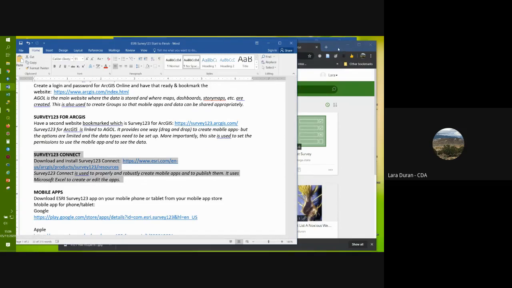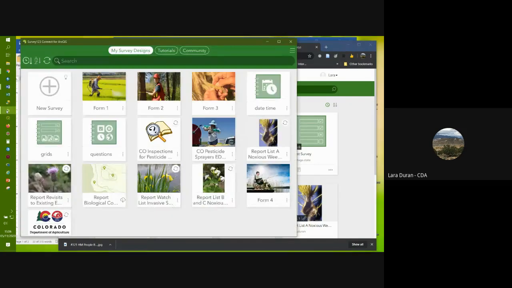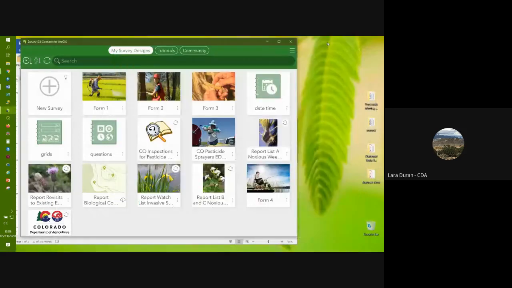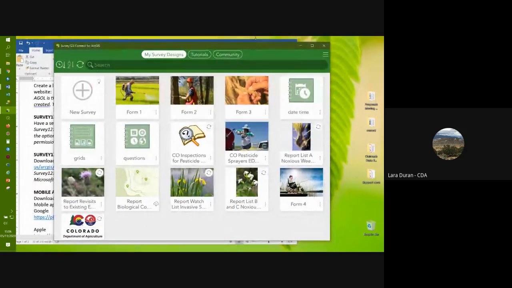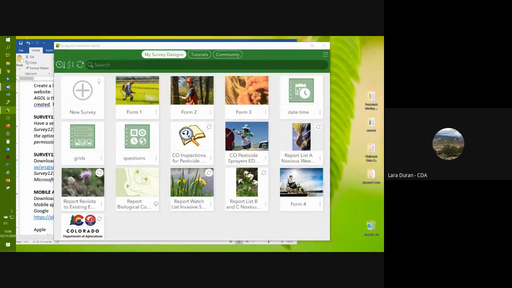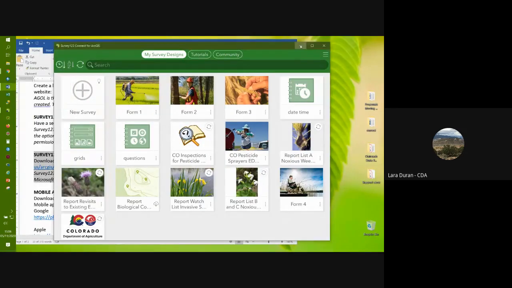But for now, let me show you what Survey123 Connect looks like. Let me minimize this so you don't get confused here. This is what it looks like right here. Okay, so, sorry, let me get rid of that. Okay, so